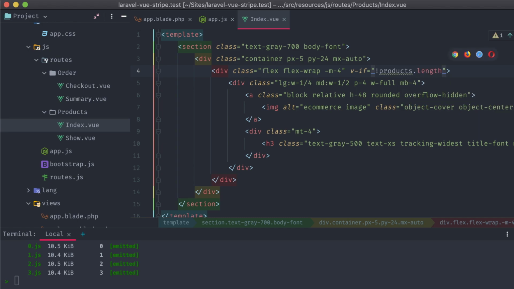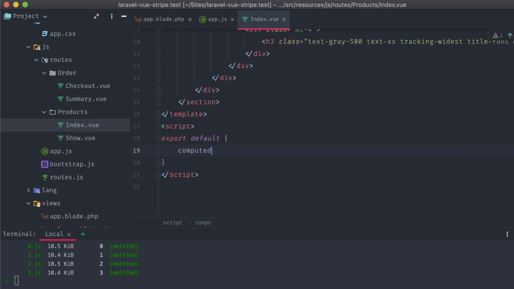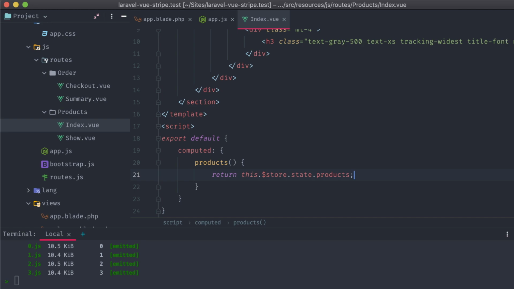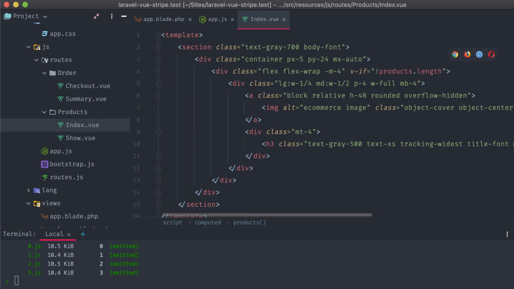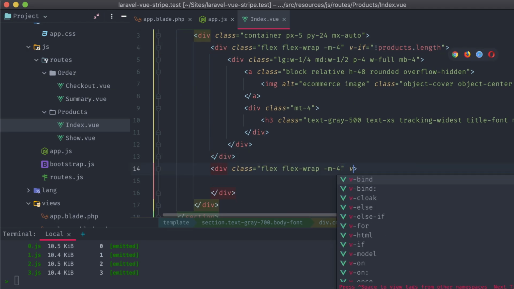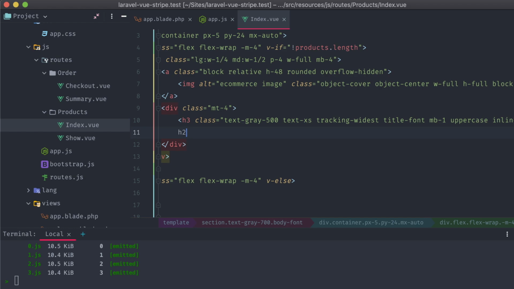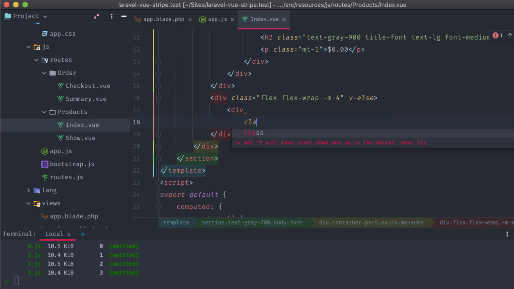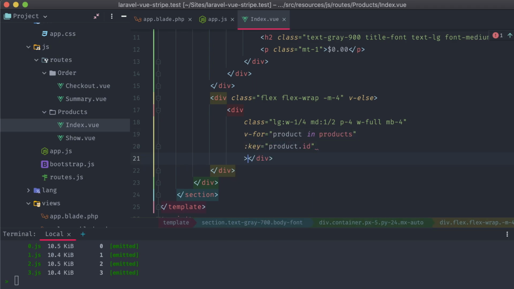Let's use a computed products method that will return the current array of products in our Vuex state. And if there's no products yet, we'll be displaying a loading notice. Using v-else, we'll actually display our products. For product in products, using the ID as the key attribute,